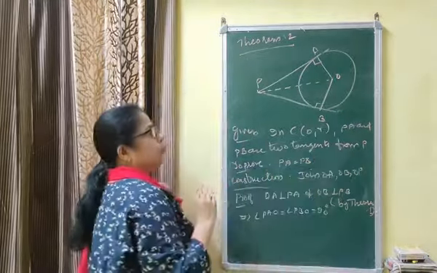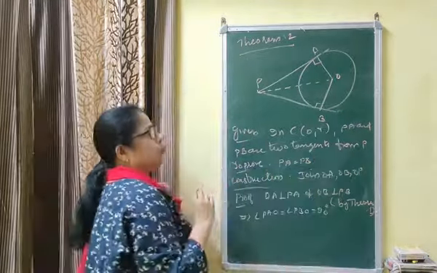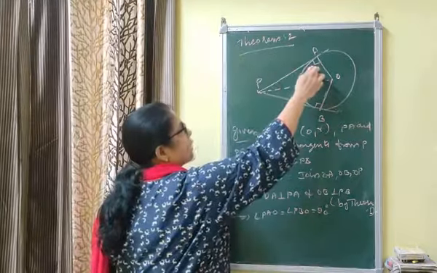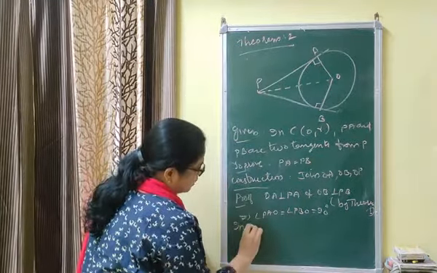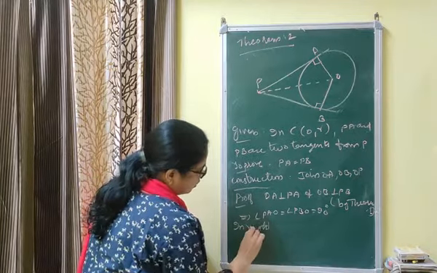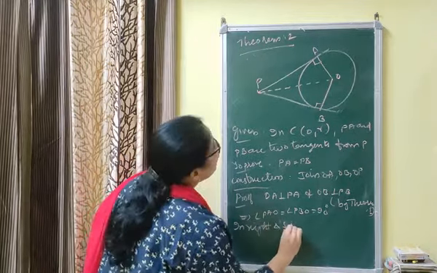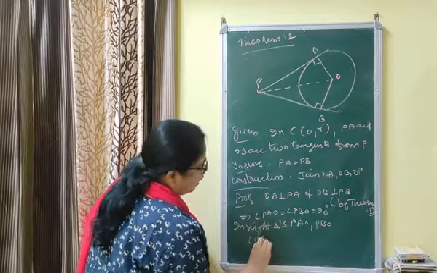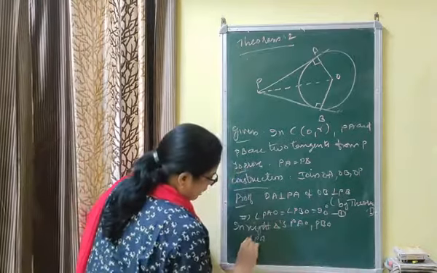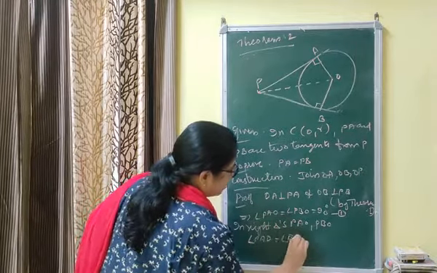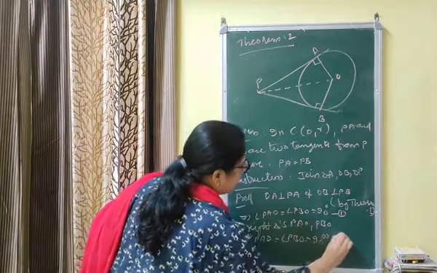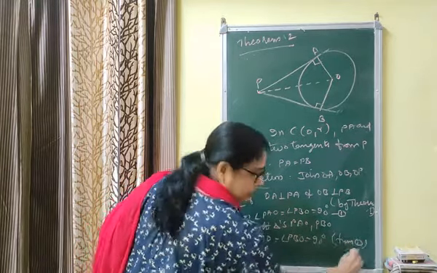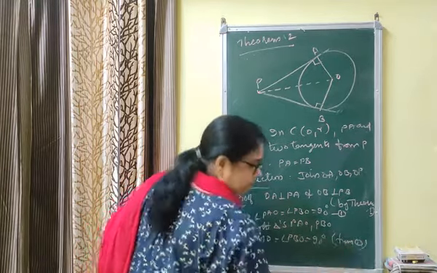Now we are going to prove these two triangles are congruent by RHS congruence. RHS congruence, you have to show only two sides since one angle is given as 90 degrees. Now in right triangles PAO and PBO, angle PAO is equal to angle PBO is equal to 90 degrees from equation 1 by theorem 1. That implies also OA equal to OB.